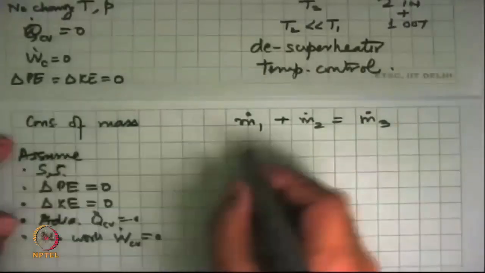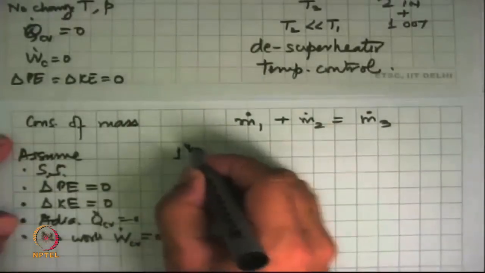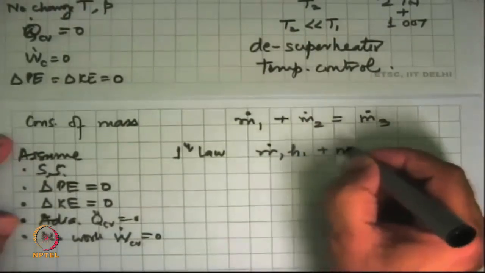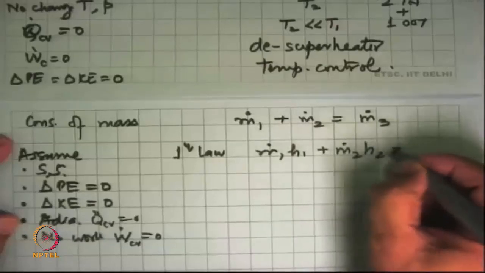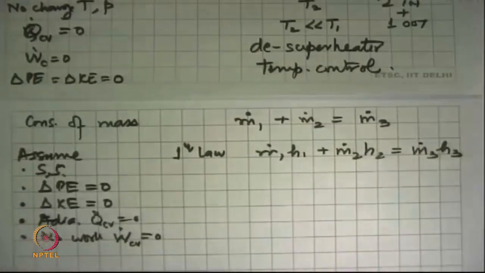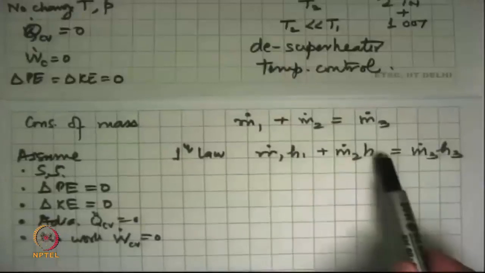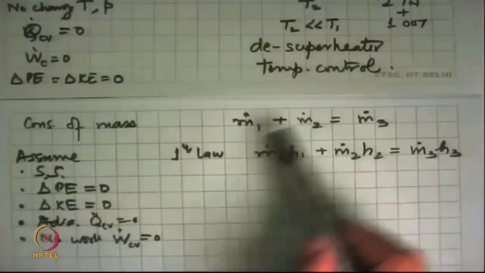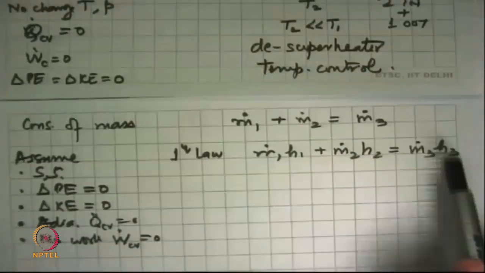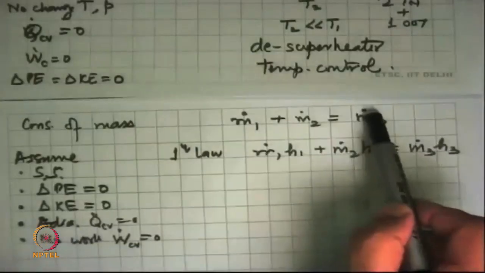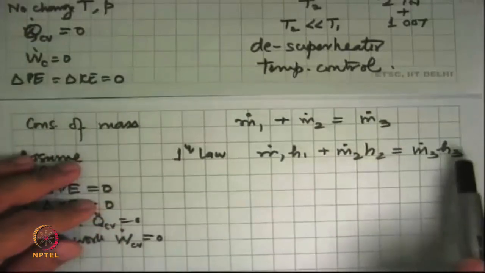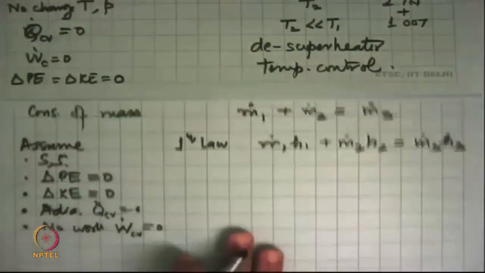And the conservation of energy, the first law for a control volume, tells us that m dot 1 H1 plus m dot 2 H2 is equal to m dot 3 H3. If we know states 1 and 2 and the two mass flow rates, there are two unknowns left, the outflow mass flow rate and the outlet state. We can use this equation to get the outlet mass flow, and from this equation we get H3, the specific enthalpy of the final state, and this process we assume is constant pressure.